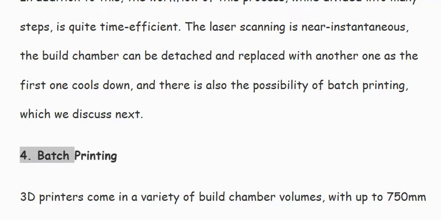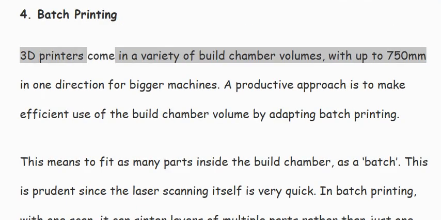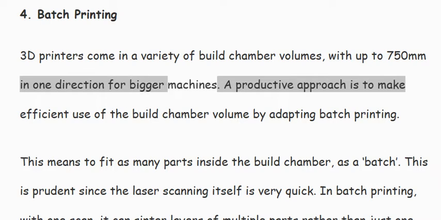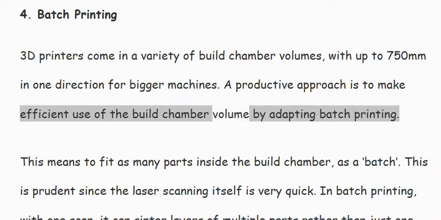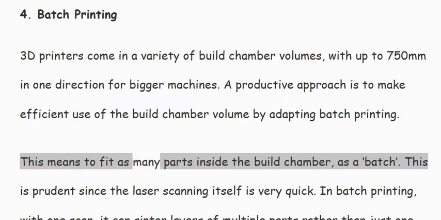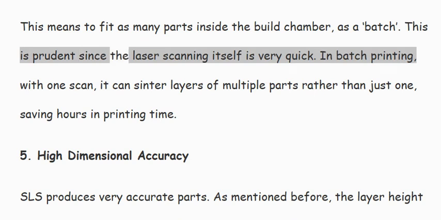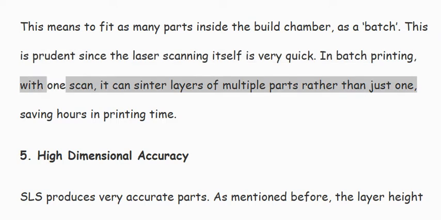4. Batch printing. 3D printers come in a variety of build chamber volumes, with up to 750 mm in one direction for bigger machines. A productive approach is to make efficient use of the build chamber volume by adapting batch printing. This means to fit as many parts inside the build chamber as a batch. This is prudent since the laser scanning itself is very quick. In batch printing, with one scan, it can sinter layers of multiple parts rather than just one, saving hours in